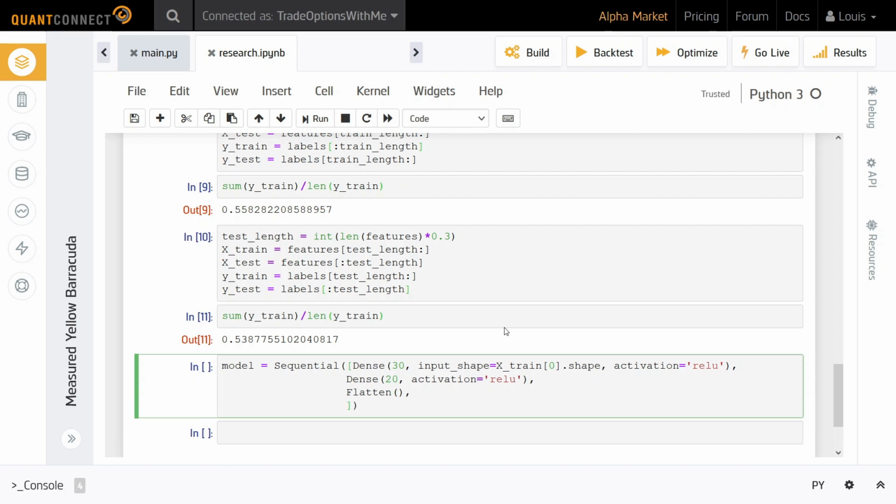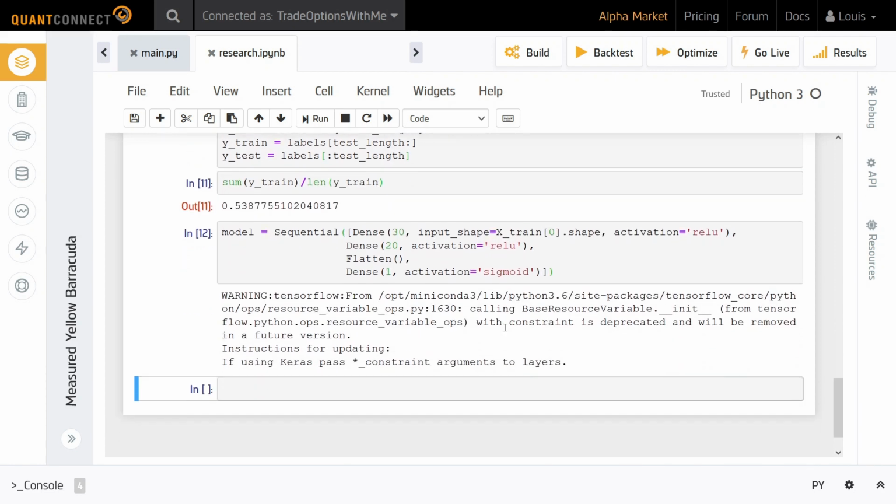After that, we want to output our result in one last neuron. But for this, we first need to add a flatten layer that flattens the input data. Then we can create the last layer with only one output. Since we here want a value between 0 and 1 to encode the predicted direction, we will use the sigmoid